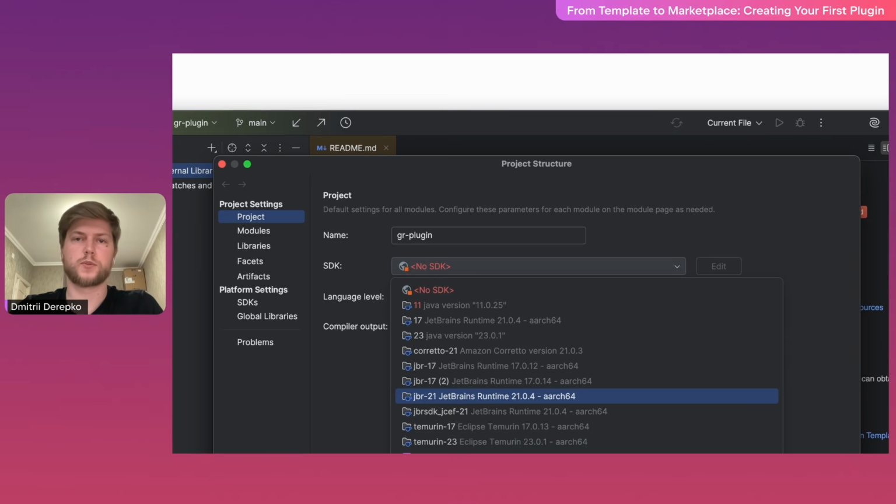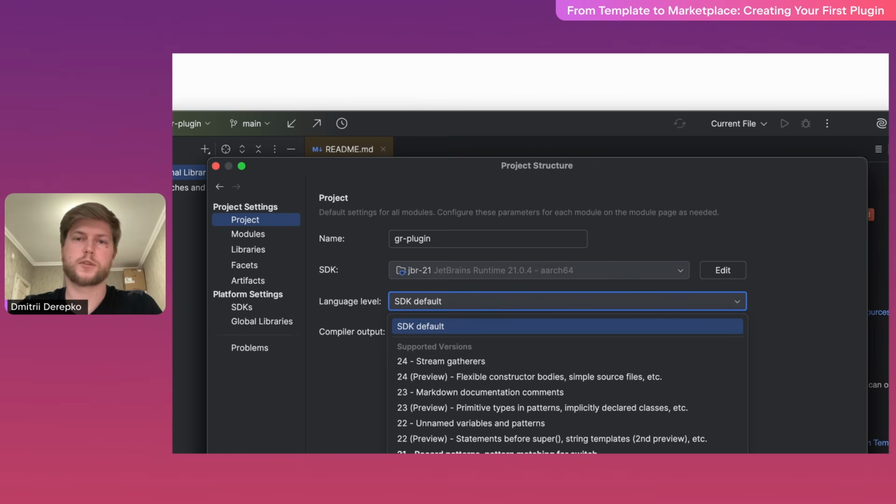It is recommended to use the 21st SDK version if you build new plugins. Official documentation recommends using the JetBrains runtime. It has the JBR prefix, but you can use any. If you don't have any of these, click on the Download JDK button, which is below the list. Next, choose language level as SDK default. Save the changes,